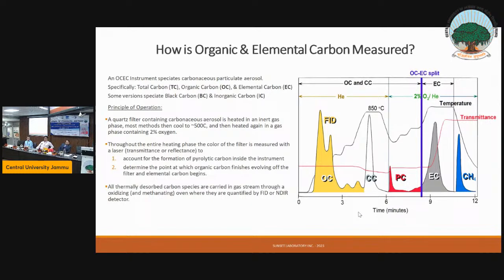And so we have to account for that, because that pyrolytic carbon, when we first collected it and it was deposited on the filter, wasn't pyrolytic carbon, it was organic carbon. So we have to correct for that, and that's where this method comes up. Let me just make sure I didn't miss anything. So one thing is, this is what's happening on the filter in the front oven,